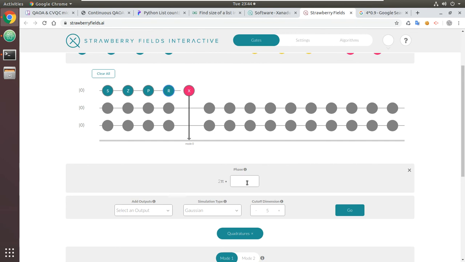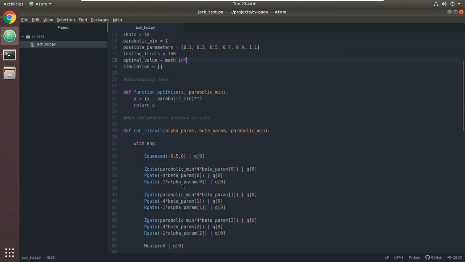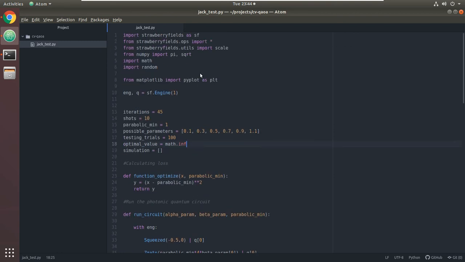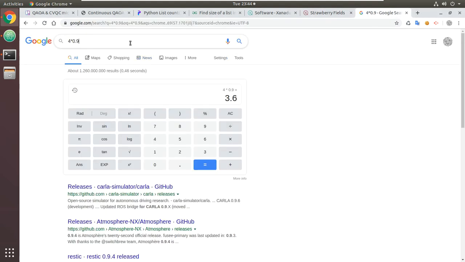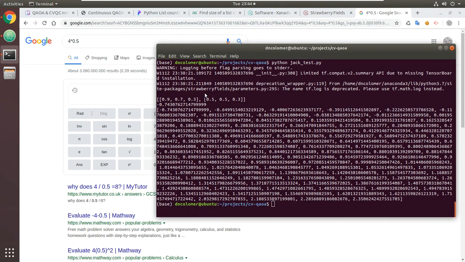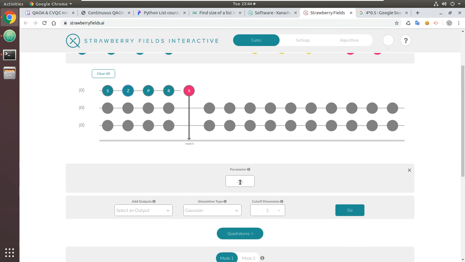The alpha parameter is minus 0.9 for R, assuming that's the correct thing. But then the beta parameter is 0.5 in here. So that's the wrong calculation. This is 2. Okay. So this is going to be 2, and this is going to be minus 2. Correct? So we've got squeezing parameter, we're squeezing the Z gate, the P gate, the R gate, and